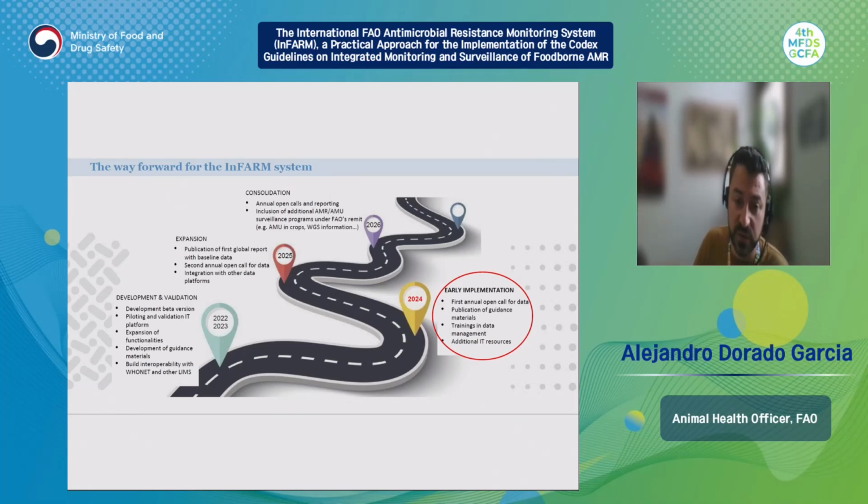And we also want to include additional surveillance activities and additional surveillance data that is also under the remit of FAO. We would like to put more attention on antimicrobial use in plants and crops. And of course, we would also like to work on the collation and collection of data coming from whole genome sequencing, from next generation sequencing techniques, into the INFAM IT platform, because we understand this is also the future, and this is the trend at the global level. A lot of antimicrobial resistance data is already being generated through these new techniques.